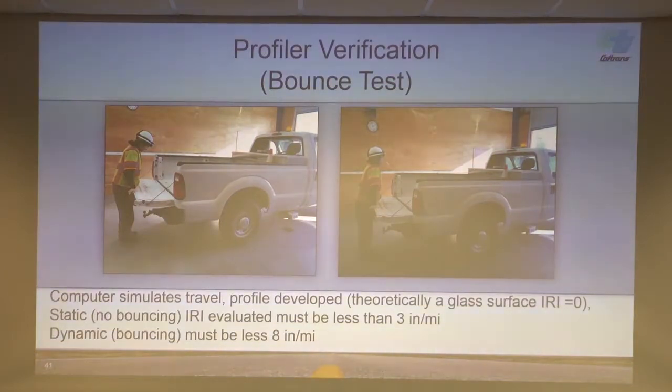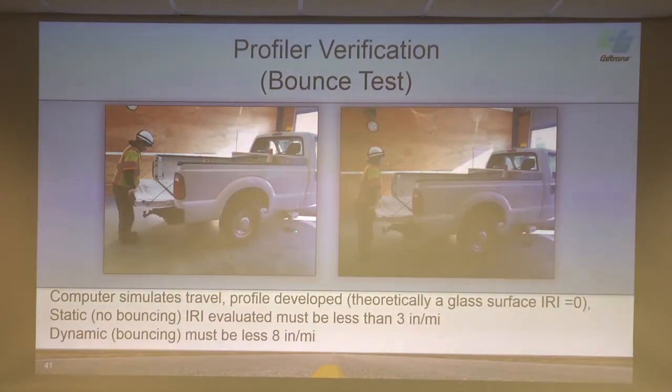So basically there's a static test and a dynamic test. They call this whole test a bounce test. The first test that they'll do is they'll put it in the static mode, and we can see the steel plate here. They'll shine that laser beam on there, and this truck is obviously not moving, right? He's not bouncing the truck. He'll go into the inertial profiler software, and that software will mimic driving down the road at 50 miles an hour or whatever. So he's going to drive through a 10th mile, the computer simulating him driving through a 10th mile.